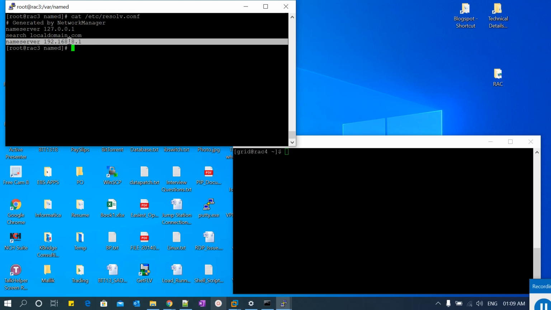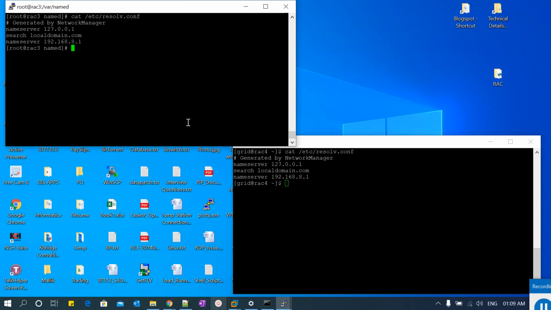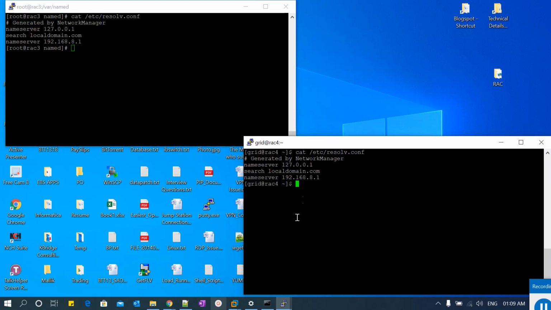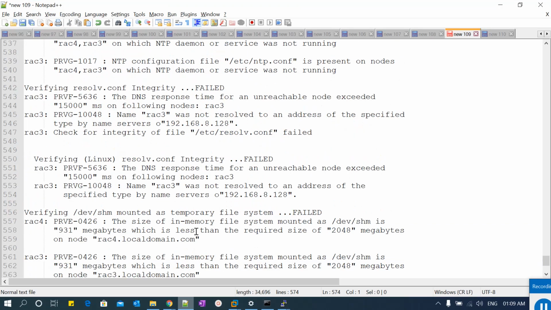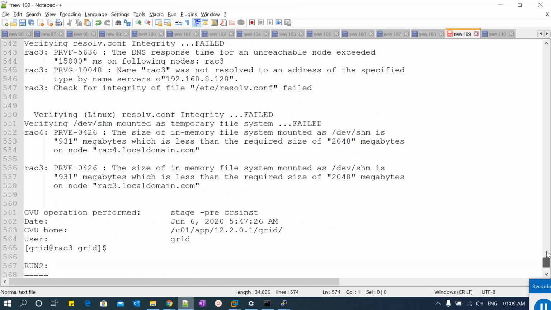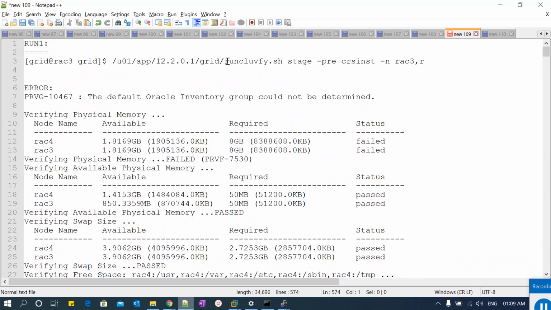In resolve.conf, the name server was pointing to 8.1, and here it was wrongly configured between these two. That is why the nodes are not able to resolve. So I forgot to mention that before the start of this grid infrastructure installation, one has to run the node pre-config command. I'll tell you, the runcluvfy